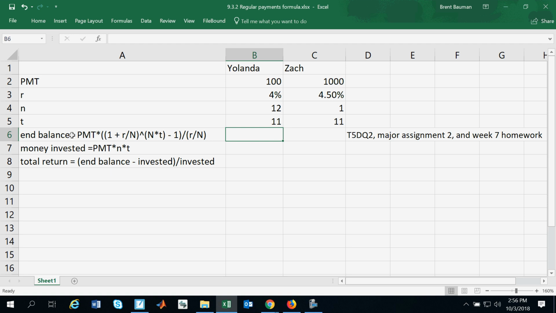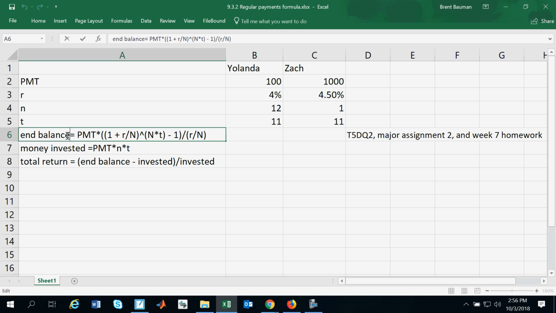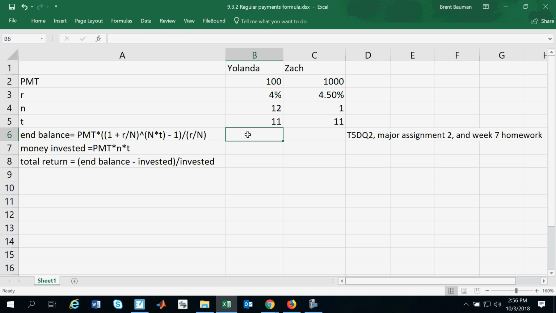So we're just going to type it how we see it. Of course, we're going to start with the equal sign. We're not going to use this end balance here. So we're going to have equals. First thing I'm putting in is the payment times parentheses. Notice that there's 2 there. 1 plus my R, which is 4%, divided by